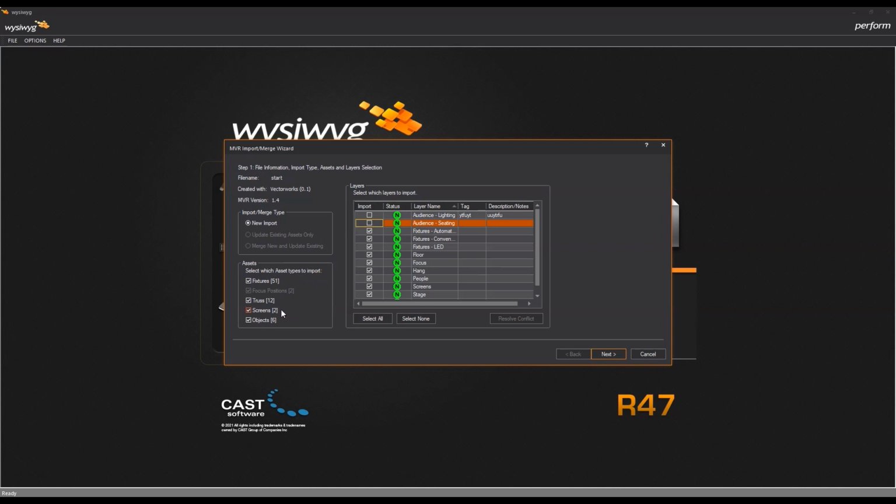Going the other way, let's say I didn't want to import any screens from the incoming MVR. If I uncheck the screens asset, I can see that the screens layer now changes status to 0. I do want to import the screens, so I will check that back, but I will leave the audience lighting and the audience seating layers unchecked because these are not items that I care about for my work,